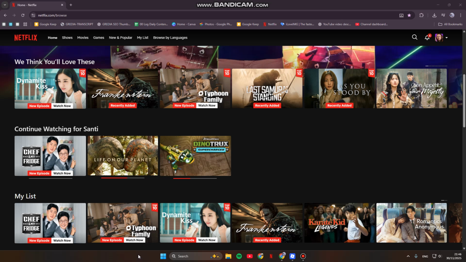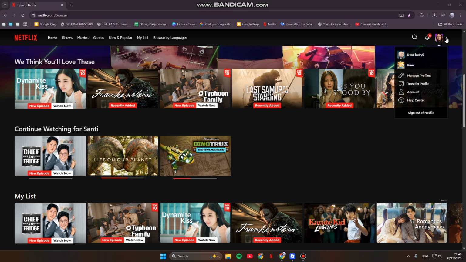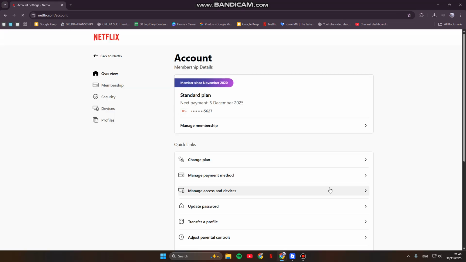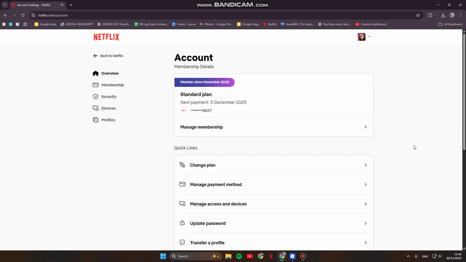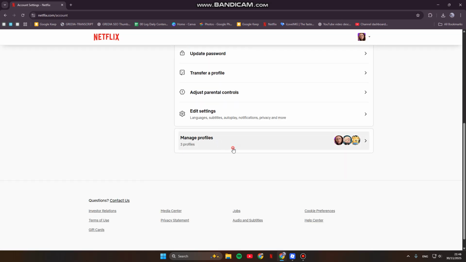So on today's tutorial, I'm going to show you the newest and fastest way to remove specific shows or movies from your Netflix viewing history. First things first, you need to do it on a browser, whether it's on your mobile or on a computer like this. So open netflix.com on your browser, and then here you can just click on your profile photo at the top right corner. Go to the account settings, then you can just scroll down and click on manage profiles